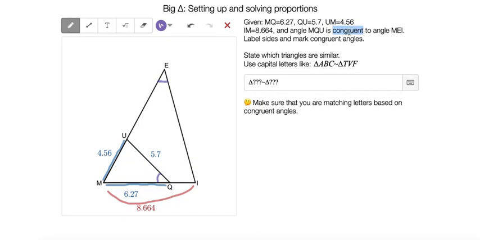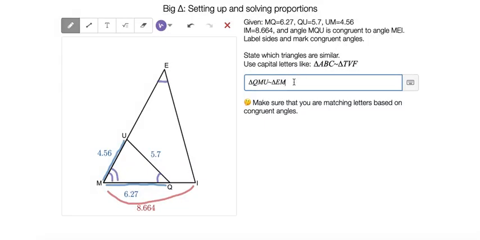And then there's another angle we can mark in here because the big triangle has angle M, the little triangle has angle M, and angle M is the same as itself. So let's put two arcs on that. So we've got a single angle mark and a single, then a double and a double, and then a blank and a blank. That's how we'll match the letters. I'll go single with single. The first letter in the small is Q. The first letter in the big is E. Then I'll go double with double. The small and the big both have M as their double, so that comes next. And then I'll go blank with blank. Small triangle is U,